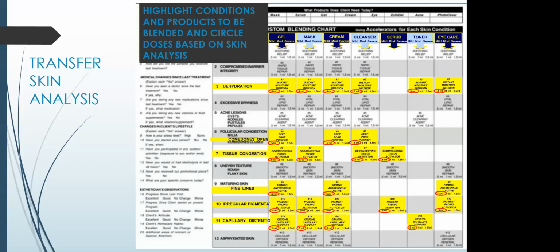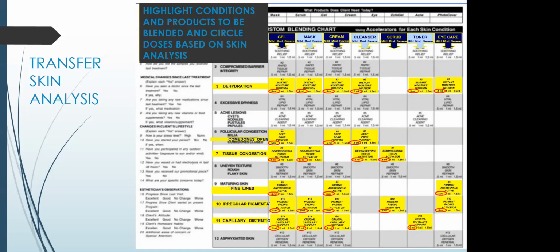So for example, we're going to go with the first column, gel hydrator. So your client's going to have a gel hydrator. In that gel hydrator, you can add the number 3 instant moisture infusion. You can add the deep pore refiner, decongestion tissue activator, anti-wrinkle activator, pigment fading activator, and crucial capillary support activator. You can put all of these activators inside that gel hydrator, and you can put 0.5 milliliters of each of